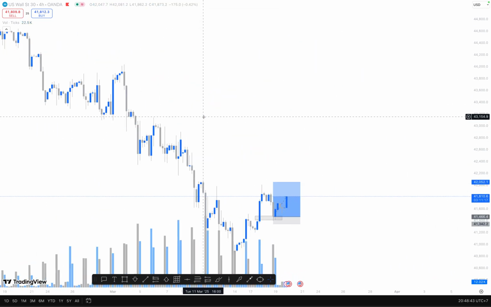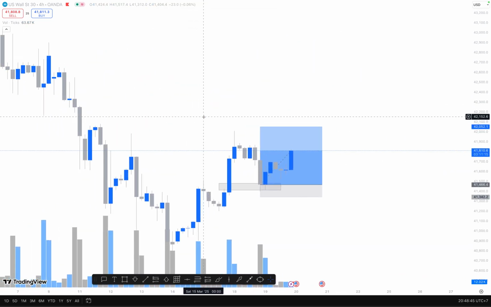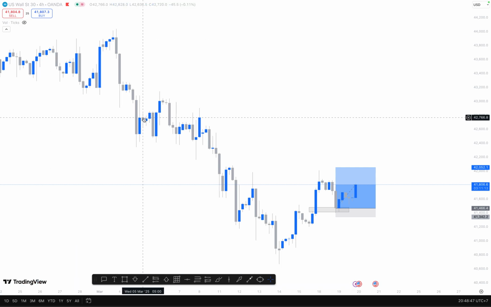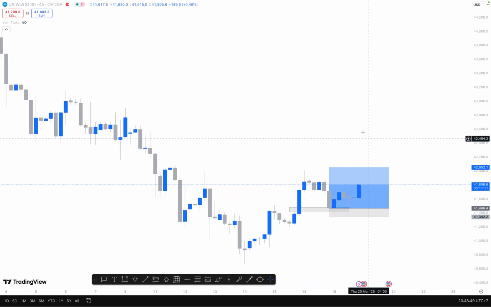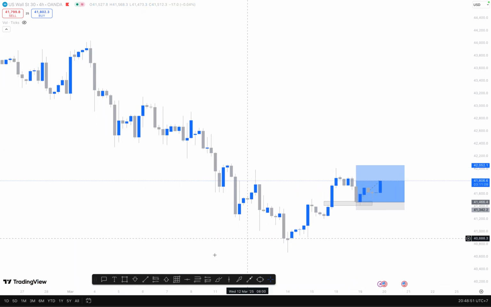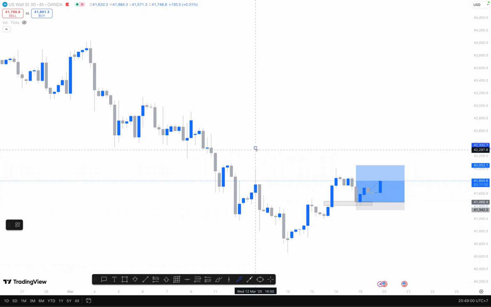I use the 4-hour, but here's how I actually find my setup. So if you notice on the 4-hour, we were bearish. If you look at the previous trend, obviously, because we had lower highs, lower lows. So we had highs. Sorry, let me write that again. So we had a high here,